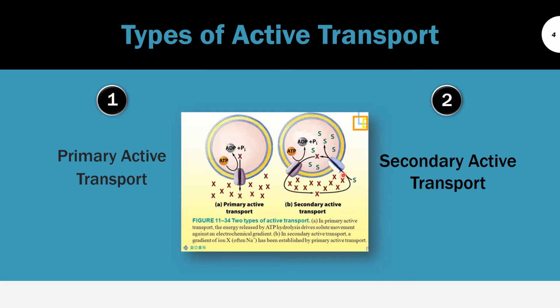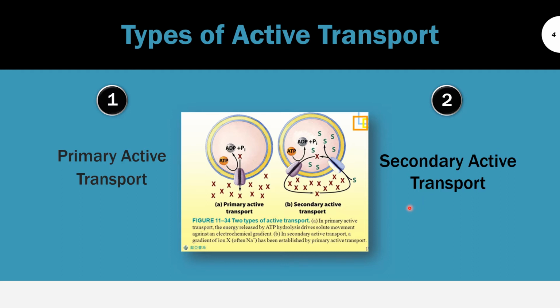Now these protons flow passively back into the cytoplasm, and while flowing back passively, they also bring other solute molecules along with them. So the flow of protons back into the cytoplasm is an exergonic reaction, and the flow of solute into the cytoplasm is an endergonic reaction. So this exergonic reaction is coupled with the endergonic reaction for the solute uptake. This type of solute transport is known as secondary active transport. It requires the secondary source of energy.